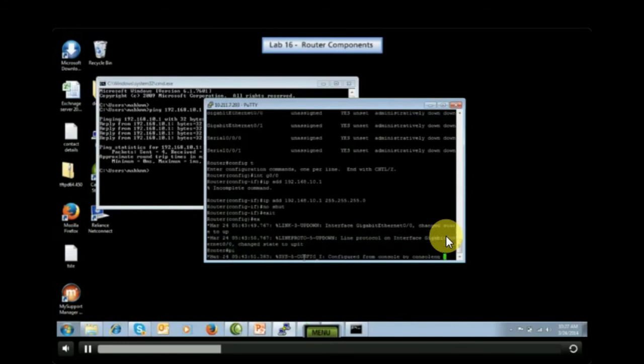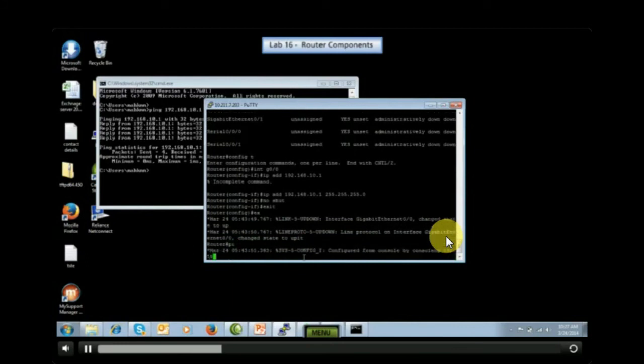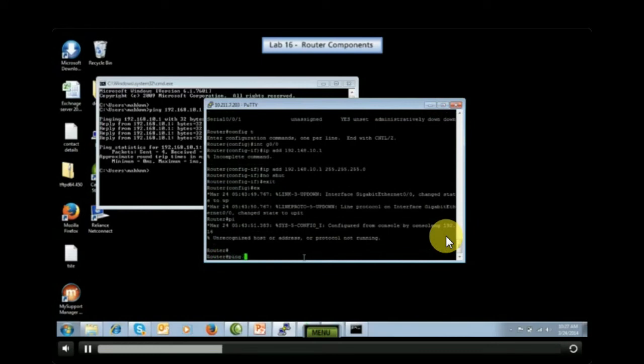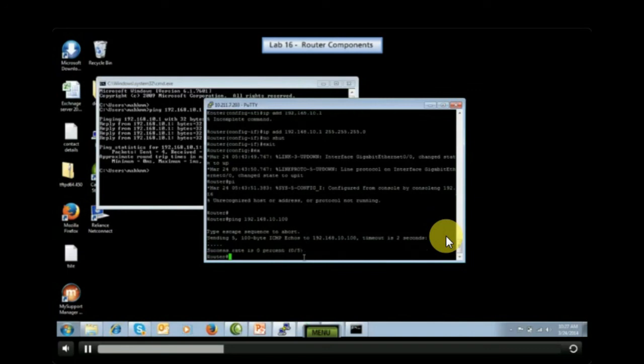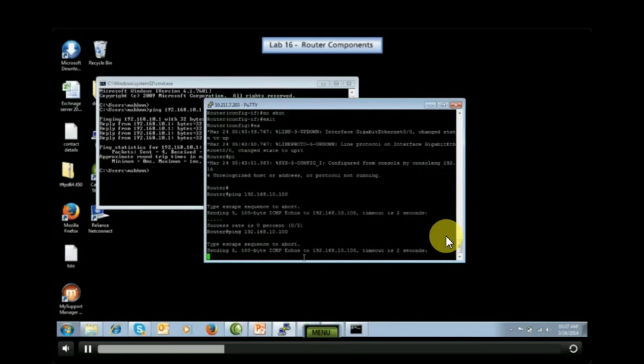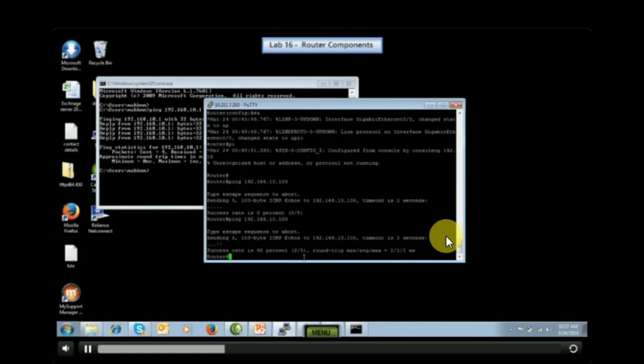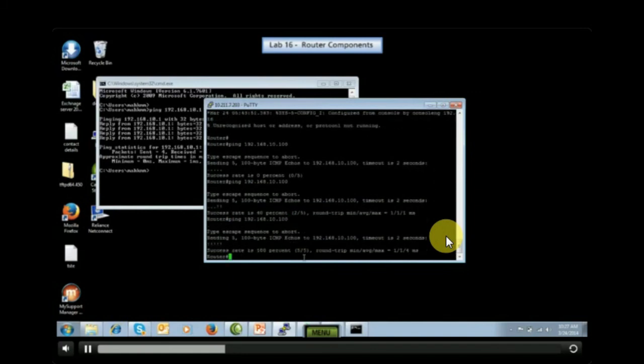We need to ping the TFTP server. What is my TFTP server address? 192.168.10.100. If I am able to ping that, then I can go ahead and restore the configuration. It's not pinging yet; it is taking some time. Now it has started to ping. Now I am able to ping 192.168.10.100.